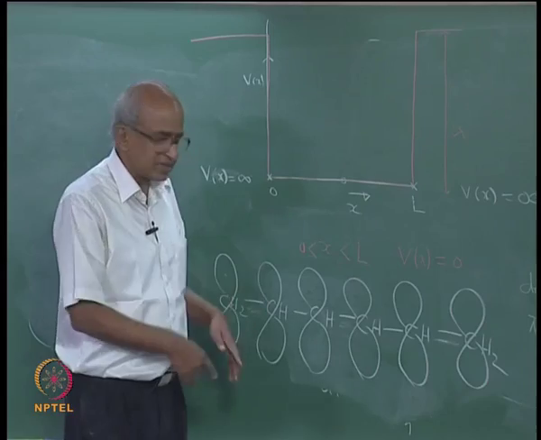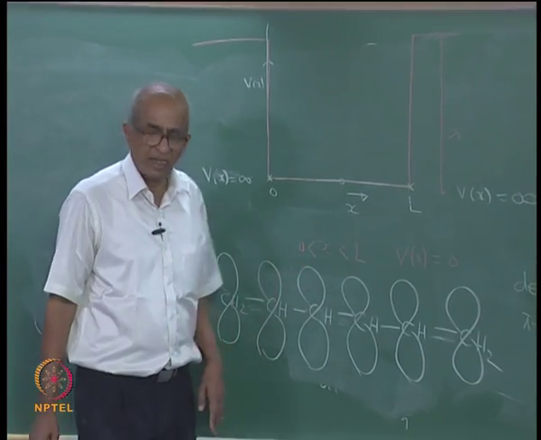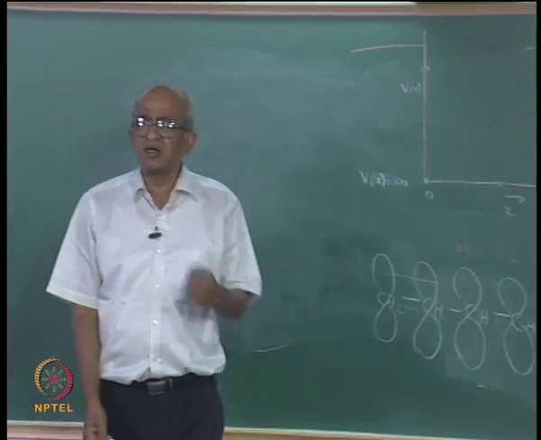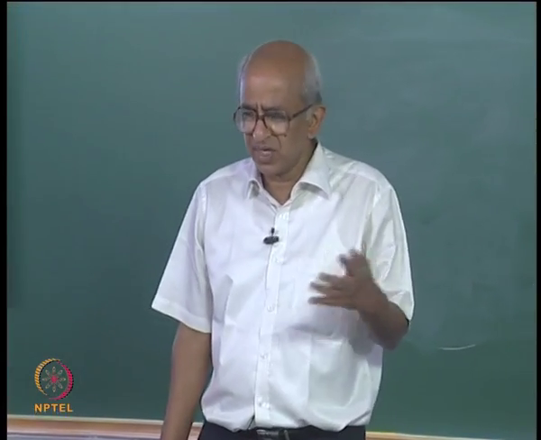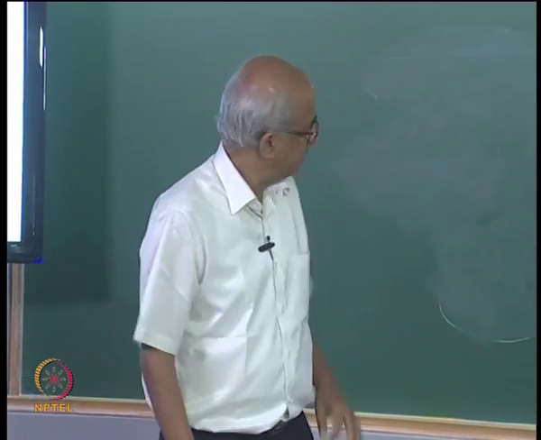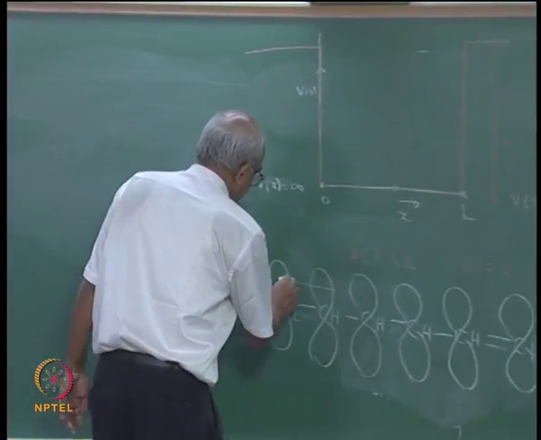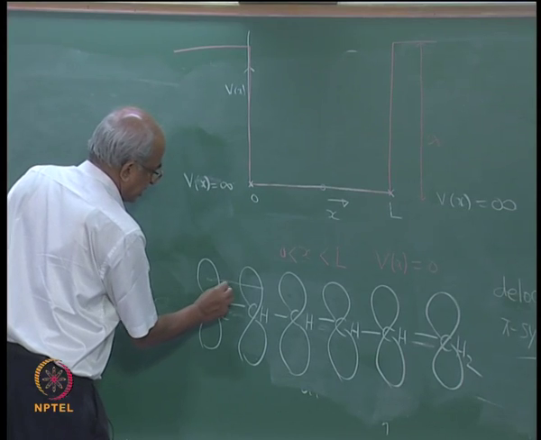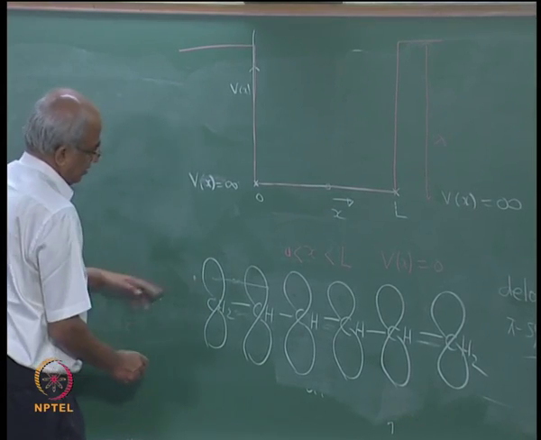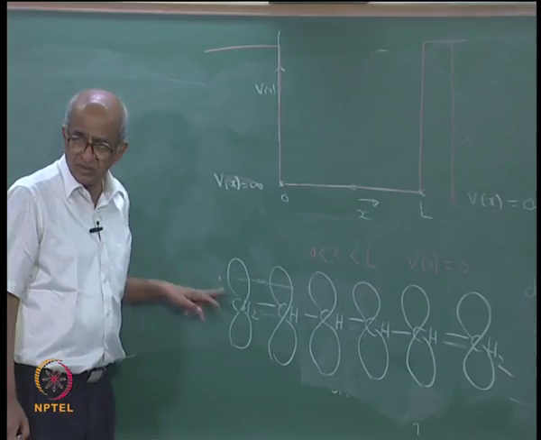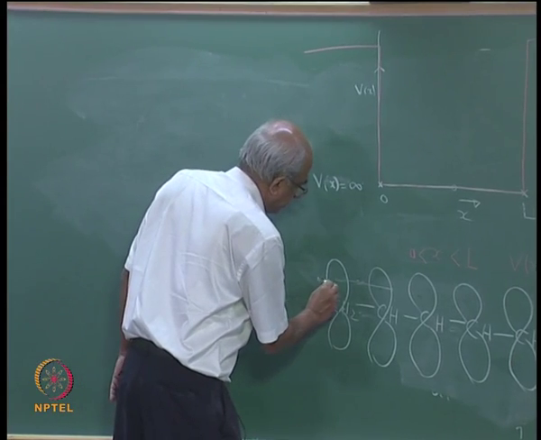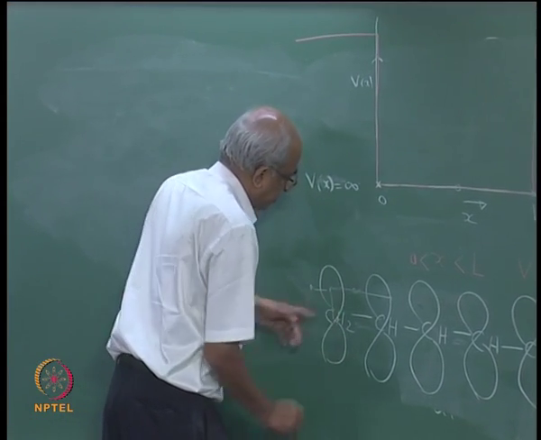So, you think of any one of these 6 electrons, they are free to move from here to the other end, and suppose one electron is moving in this direction. What is the potential energy that the electron will feel? This is a very schematic appearance of the potential energy that the electron will feel if it is moving along the molecule. Let us say it starts somewhere at this end. There it is not very close to the nucleus, it is not very close to the carbon. So, therefore, the potential energy will be relatively high, while if it is moving in this direction, somewhere here, it is going to be somewhat close to the